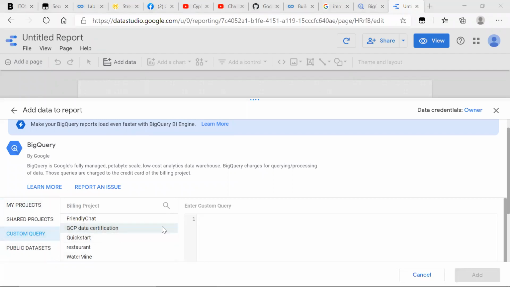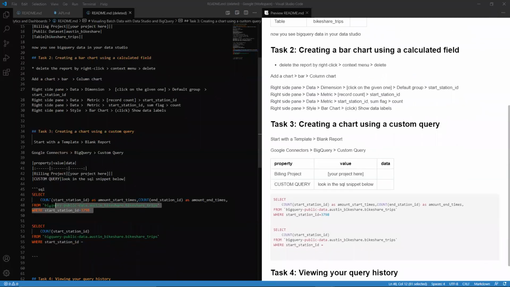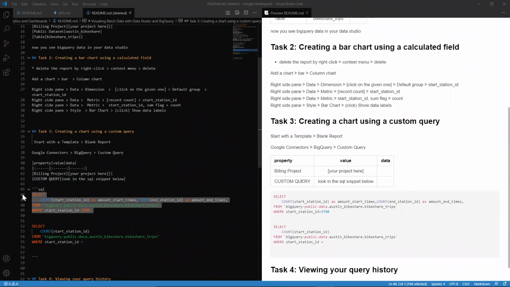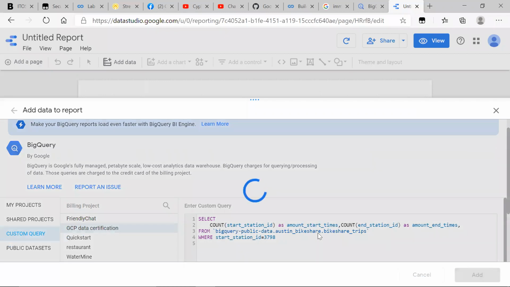Select your BigQuery project, and the query that I have here is this SQL statement, where I'm just interested in the start times and the amount times where the station ID was at that max, 3798. Go ahead and add,